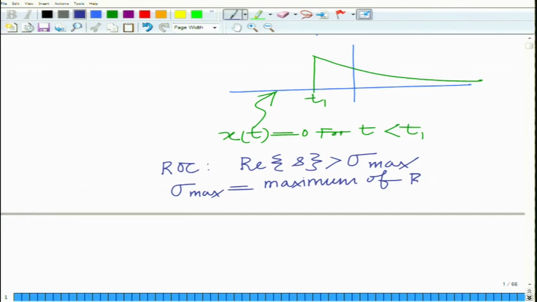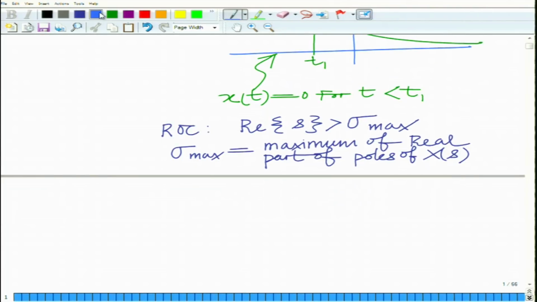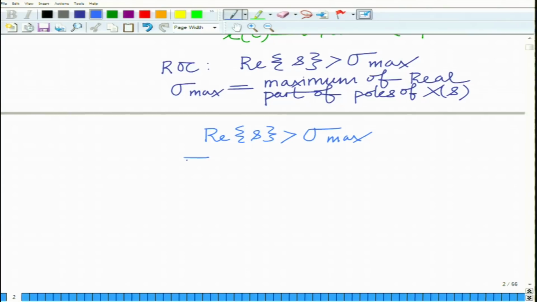And remember, the ROC is real part of s greater than sigma max, which implies that the ROC is the half plane to the right